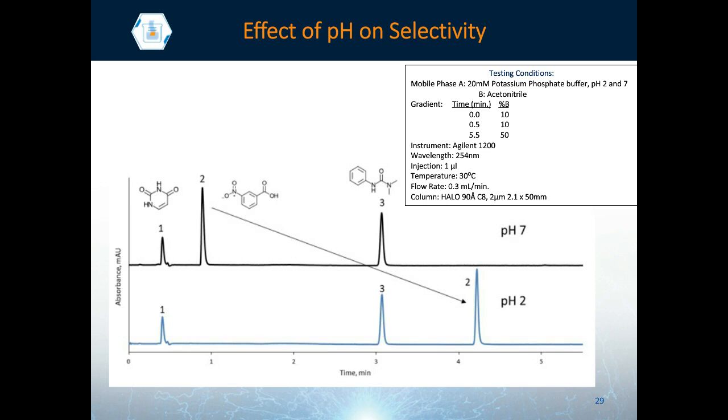So peak 2, which is nitrophenol, you can see that it has increased retention when we go to pH 2, because at pH 2 it isn't ionized, whereas compounds 1 and 3 aren't affected by a change in pH because they're